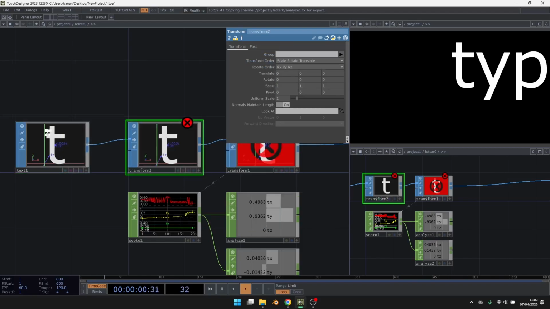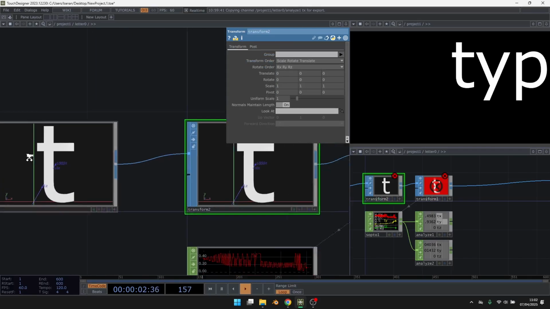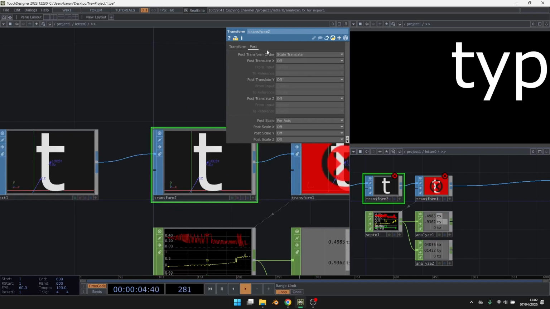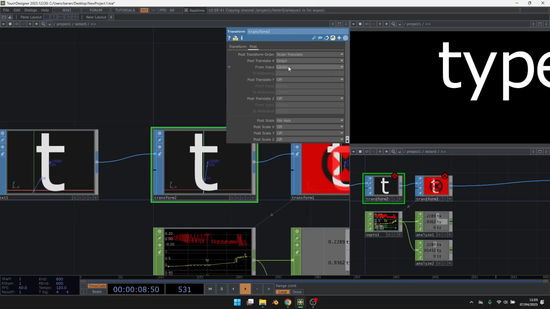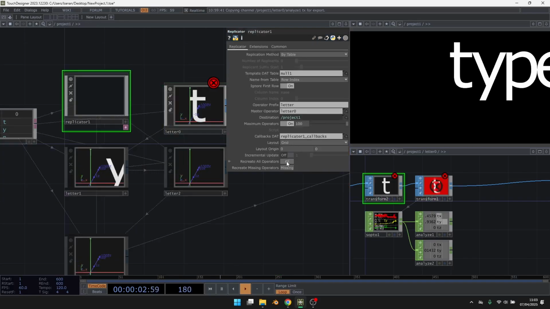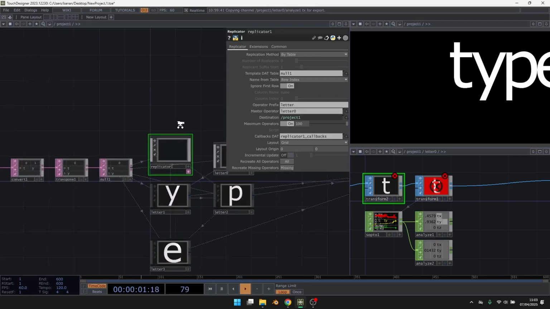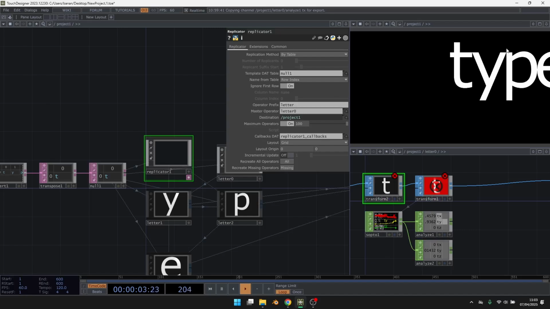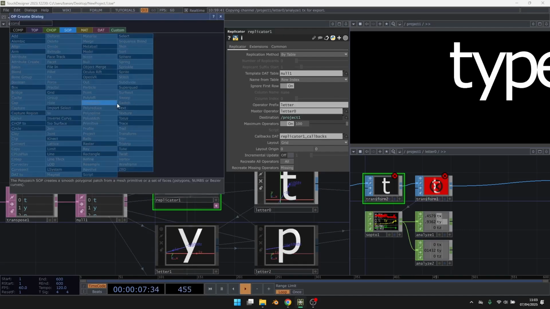Because it's taking this space, we can use a pivot and origin and minimum. Yeah, so now it's all the same space. But we don't want that to always happen, so we need some space, and we can do that